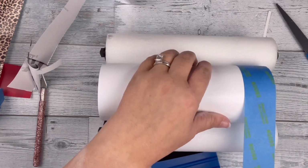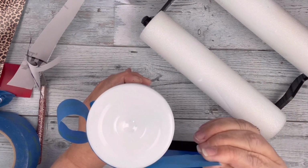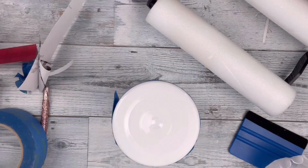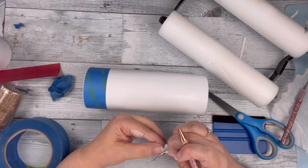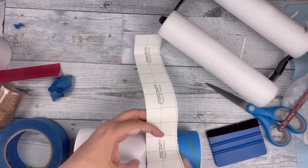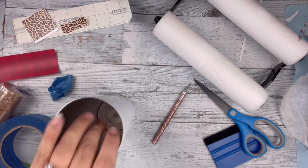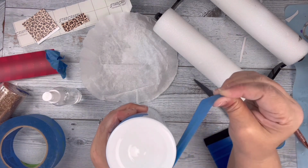So then I take the second tumbler, do the same exact thing, and put that tape along the bottom. I believe I do the leopard print on this one. The leopard print I got from Vinyl Expressions. The black and white buffalo check, I have no idea where I got it. I've had it for a few years now, and I cannot honestly tell you where I got it. But I know I got this from the Vinyl Expressions. And then the red and black I got from Amazon. And like I said, it was the only red and black that I had, and it happens to be